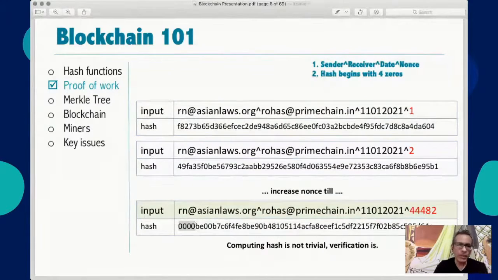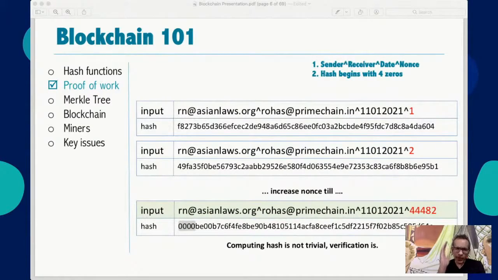So why do we call this a proof of work? Because we recognize that we are going to work at calculating the nonce. So the sender's computer is doing some work, and that work is calculating hashes. And only when he finds a nonce where the hashes are beginning with 4 zeros, then he can send the email along with the nonce 44482. When the receiver's computer gets the email, they will again run it through the hash by using only one number, which is the 44482. If the resultant hash begins with those 4 zeros, they will accept it and say, yes, this email seems to have come from a genuine person.